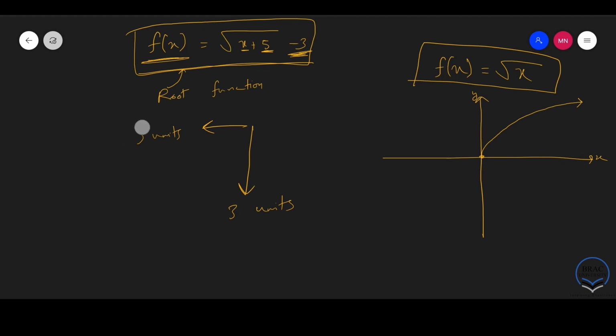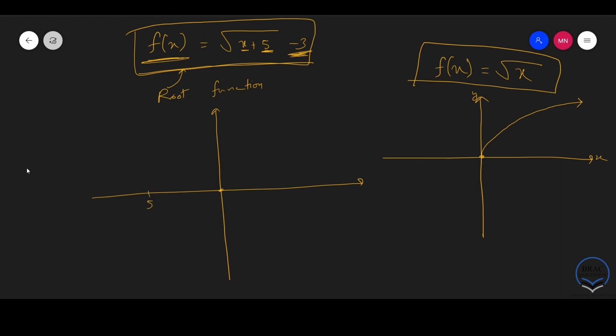Right, so if we were to do this, starting from our origin, if we go to the left by 5 units, so let's say this is minus 5, and then we go down by 3 units, we will arrive at a point over here, right? So the graph will start from here,